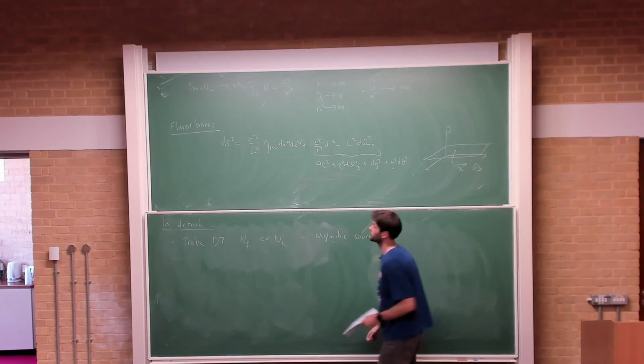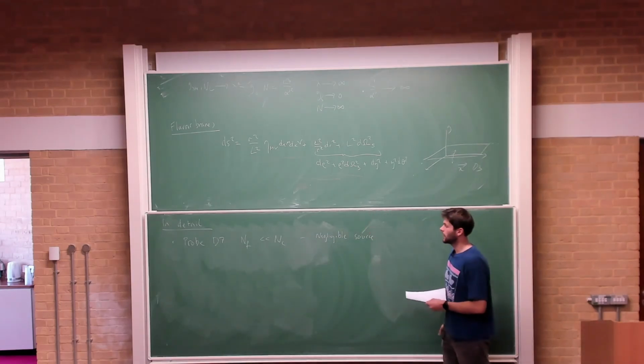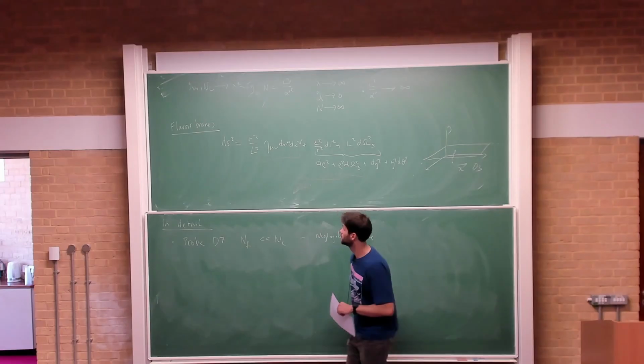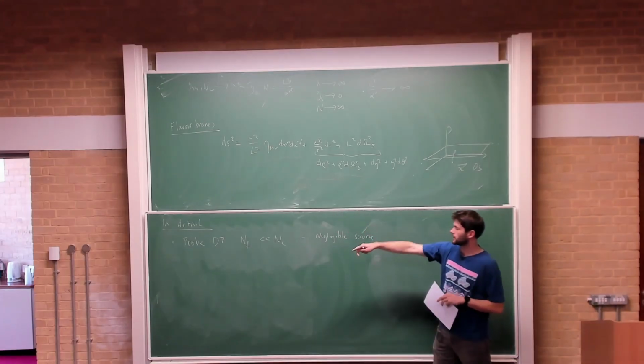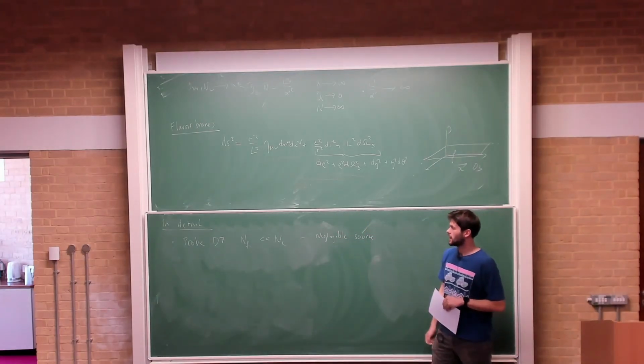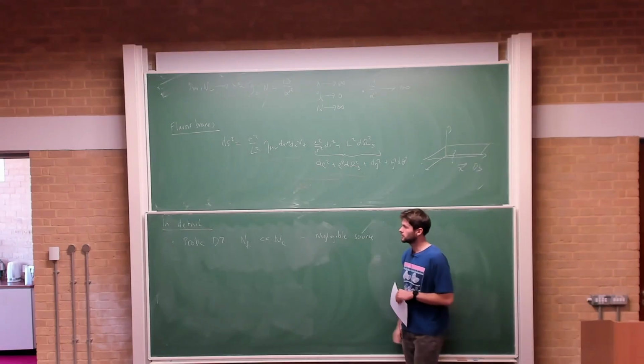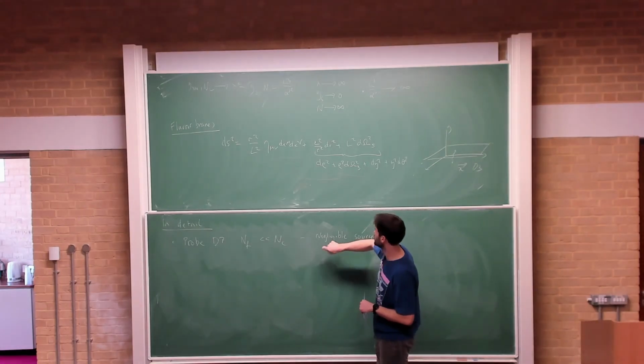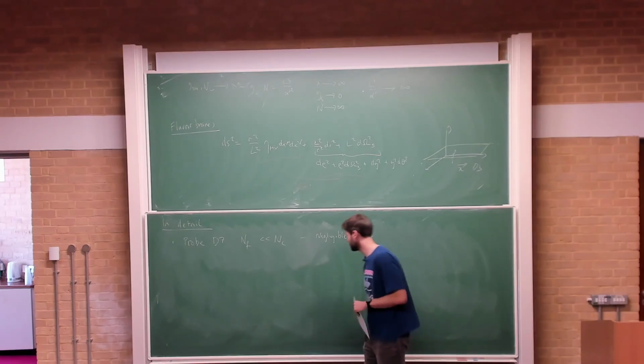So AdS5 cross S5 is fixed. And then in the field theory side, this corresponds to the quenched approximation, where the quarks that this is dual to, or the squarks, or the hypermultiplet this is dual to, does not contribute dynamically. So again, this is dual to the background being fixed.